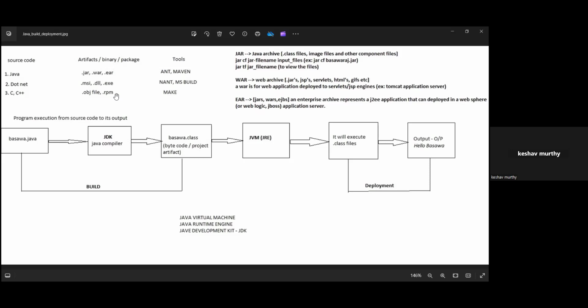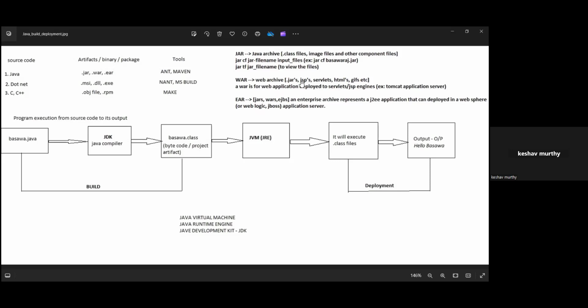Okay. War is nothing but your web archive. So a web archive is a bundle of .jar files. You will include the jar file in the war file. Okay. War is a bundle of jar files as well as other files like JSPs, servlets, HTML, and GIFs.